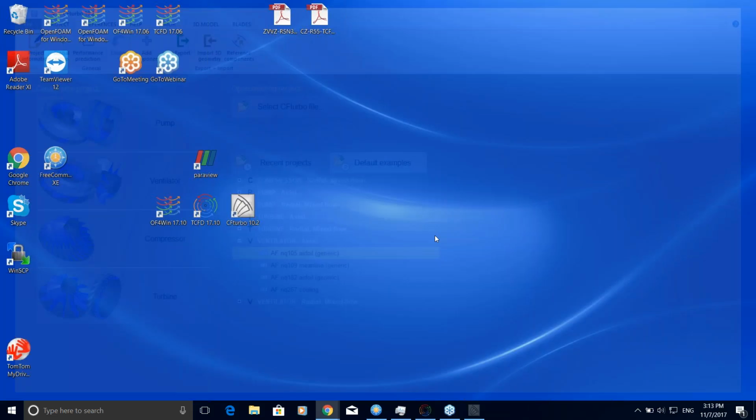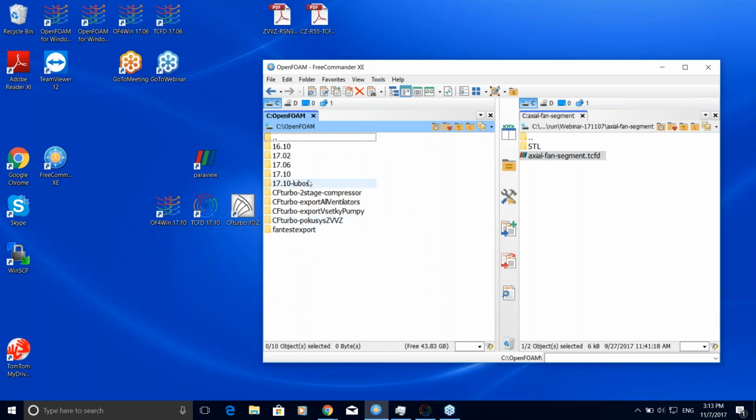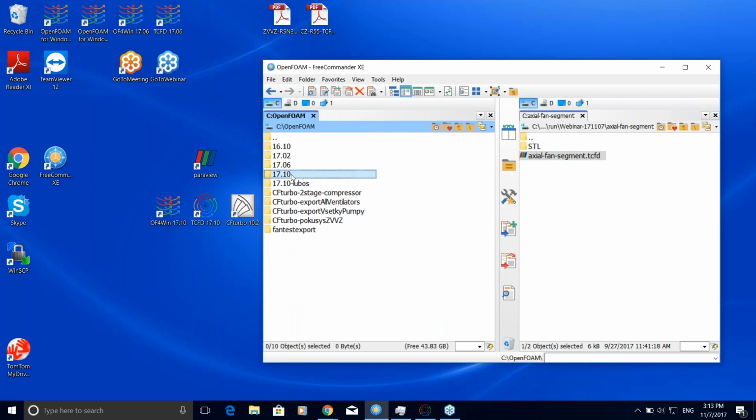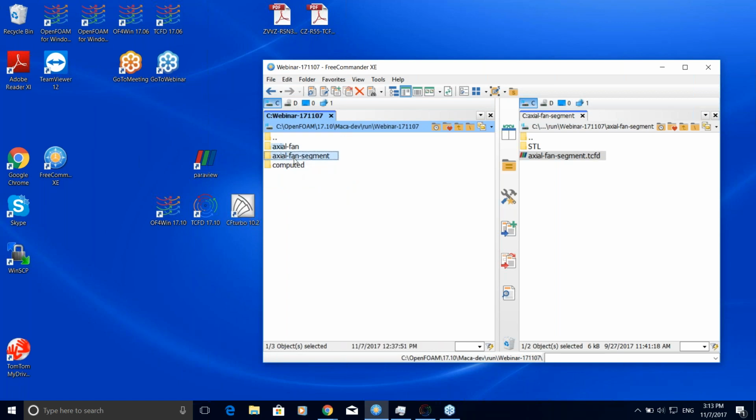and then if I go to my disk where I saved this geometry, which is in my OpenFOAM installation. So I am using the latest version of TCFD 17.10, and here is my home folder, and here I created a webinar folder for today's webinar, and these are today's geometries. So there are two, because you have the option to simulate a full wheel, which is, let's say, not so convenient, because we have also the option just to simulate a segment of a full fan geometry, and save a lot of cells and a lot of computational time